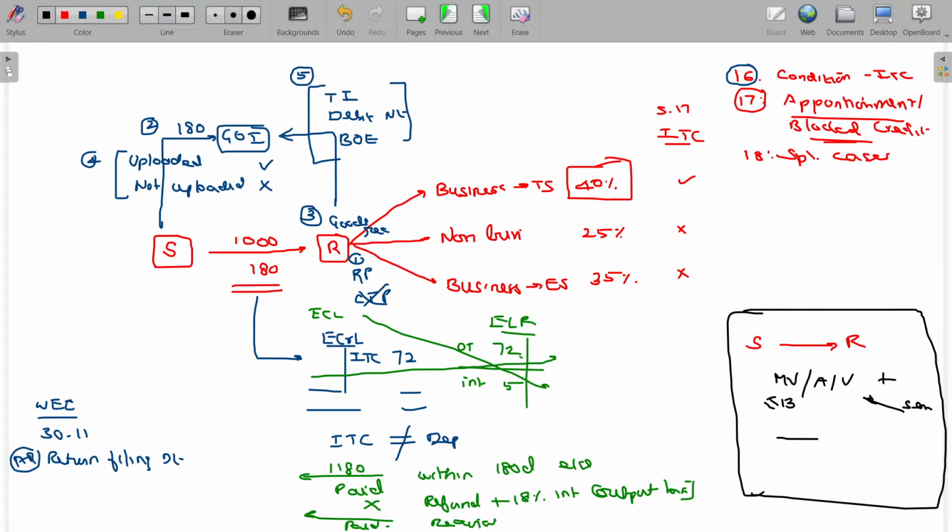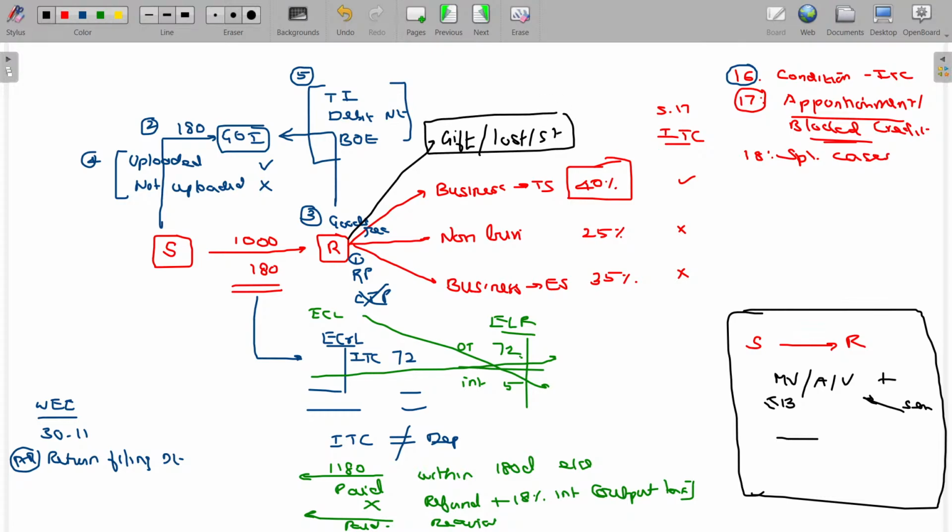Now, sir, what happens if the goods are lost or stolen? Do I have to refund? Yes, of course, you have to refund the ITC availed. Okay. If the goods are lost, or not used for the proper business purpose, you have to refund this also. Okay. If the goods given as gift without consideration are lost or stolen, then in these cases, no other way,